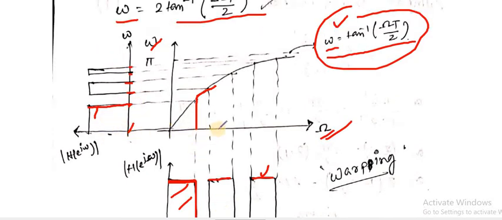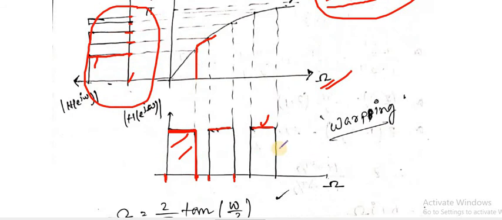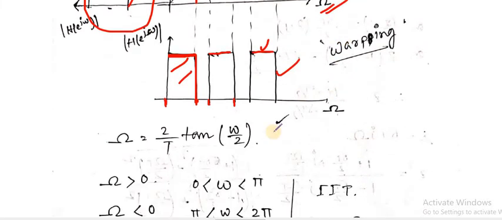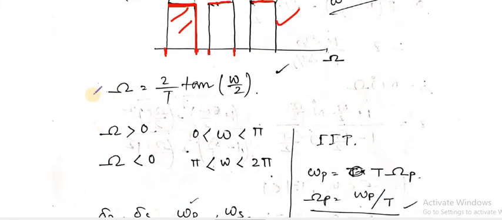So if we use this relation in the bilinear transformation, then the digital filter will show a different frequency response. So these are the frequency responses of digital filters, and these are the frequency responses in the analog domain. Both are not equal, so it will affect our design. So how to resolve that? We have to find out a pre-warping frequency. What is that? This is the pre-warping frequency.